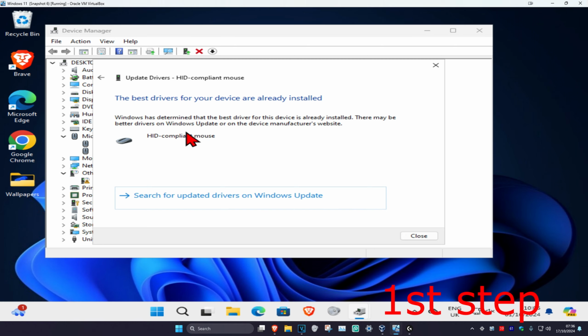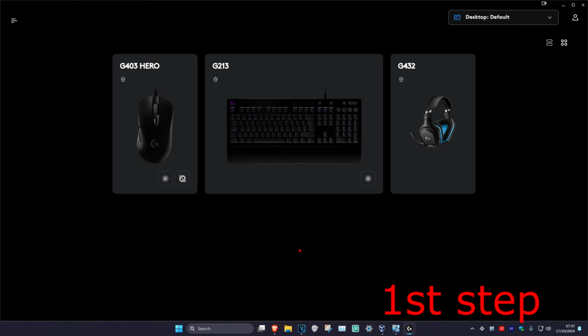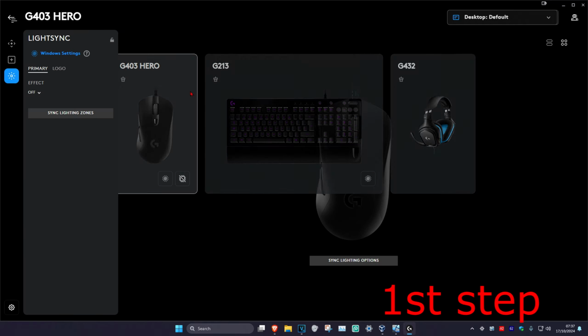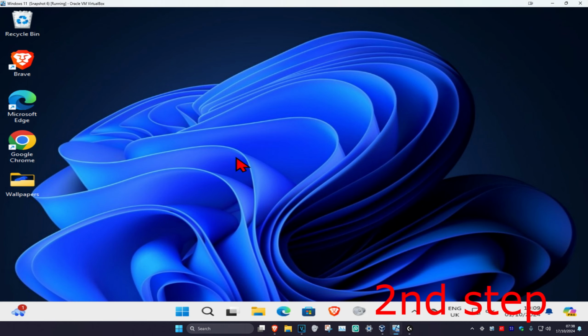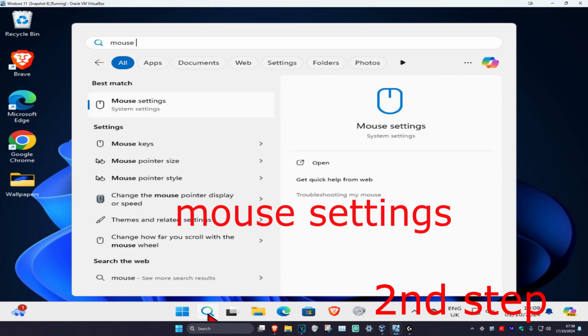Make sure that you have the best drivers for the device installed. Also, if your mouse comes with a software like my one does, then you want to head over to your software, click on your mouse, click on settings, make sure that you have the latest firmware up to date through the software itself. And now for the second step, you want to head over to search and type in mouse